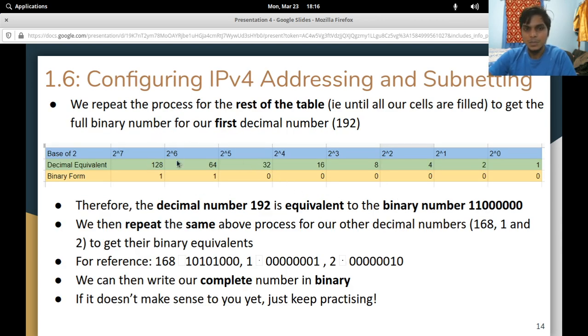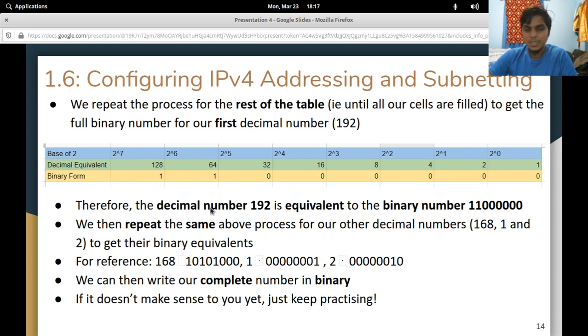So this is of course what we did to convert from decimal into binary. Remember we did this whole thing where we took the first number, and then we wrote out our headers here, and we wrote out the actual number there. We took this number and we said how many times can 192 go into 128, and then the remainder, and then how much it could go into that, and then how much it could go into this, and then this, and then we wrote the 1 if it could fit, or we wrote the 0 if it couldn't fit. And this was our binary number. So yeah, this was like the meat of the last class, and this is what you need to know.